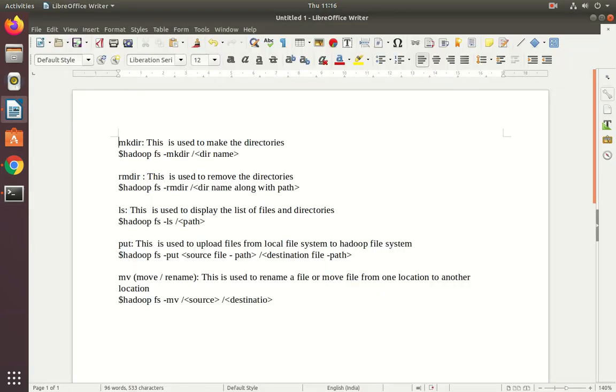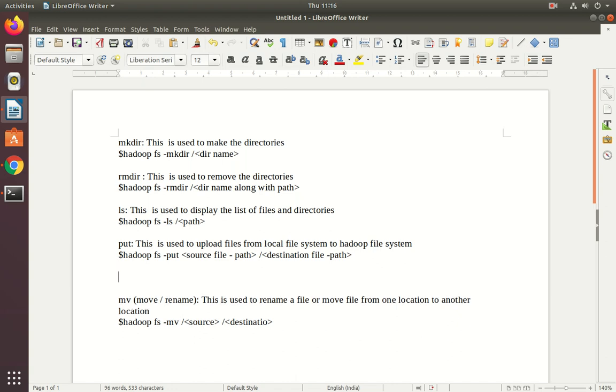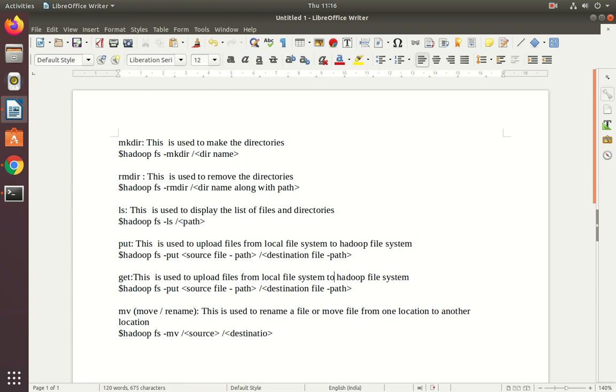See, we can move from one location to another location, or we can rename the file. That is the move command. Next command is the get command. See, the put command is used to upload files from local file system to Hadoop file system. Similarly, the get command is used to